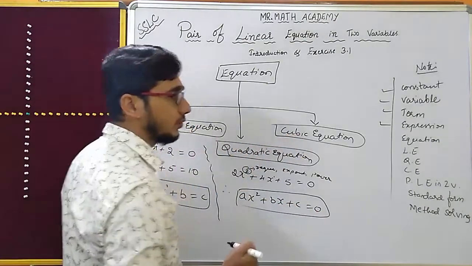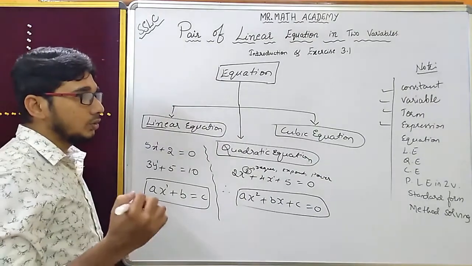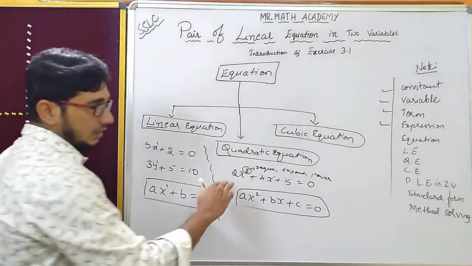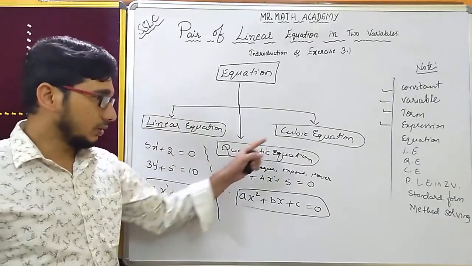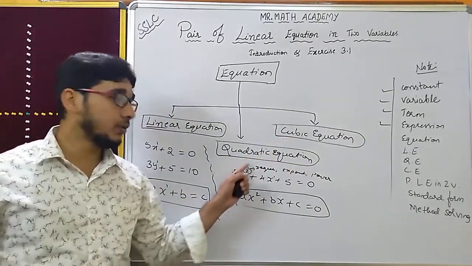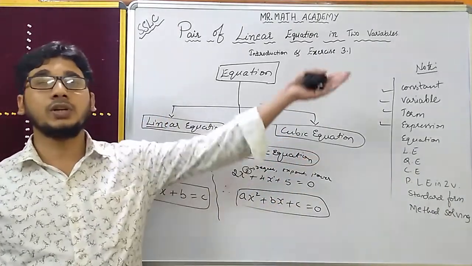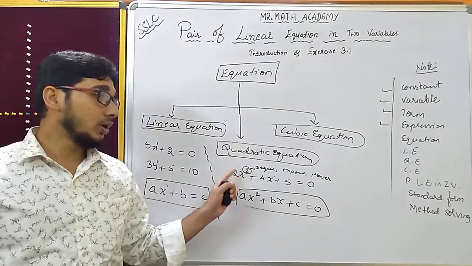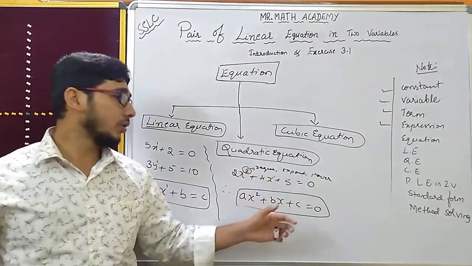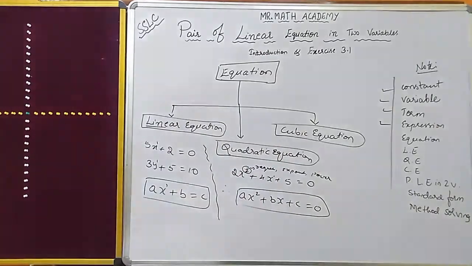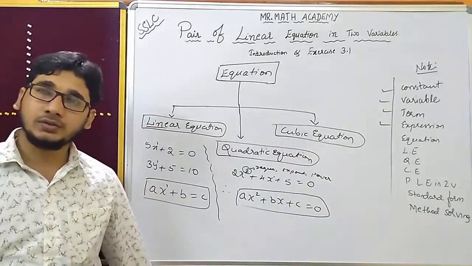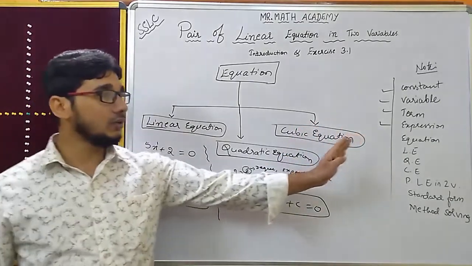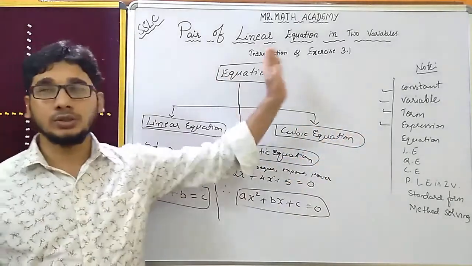Let us go for cubic equation. Cubic equation means like this only, same equation, whatever you want you can write. Remember, cubic means the highest power should be 3. Like that, if there is a fourth power equation, then the highest power should be 4. Cubic equation means highest power should be 3. No need to go into that right now because we have to go directly to the chapter.